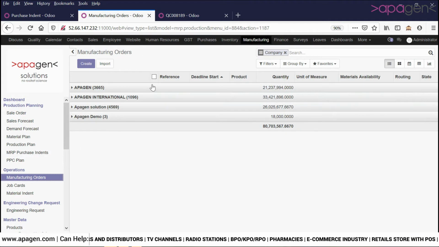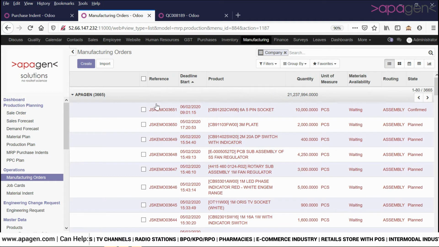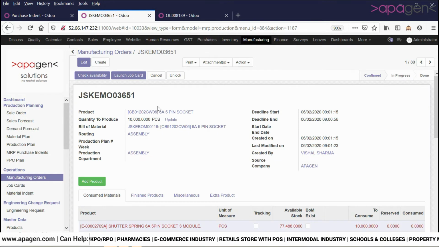Manufacturing orders are product specific, as we are already aware, and they capture all possible details. You can see that the production planning number is associated with the manufacturing orders.